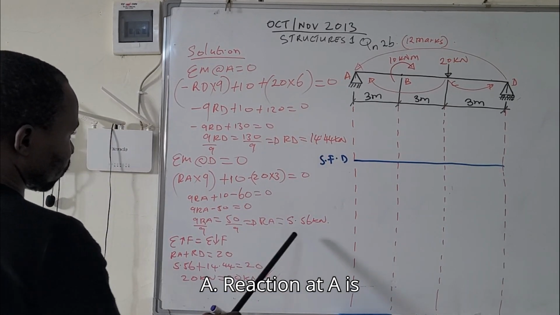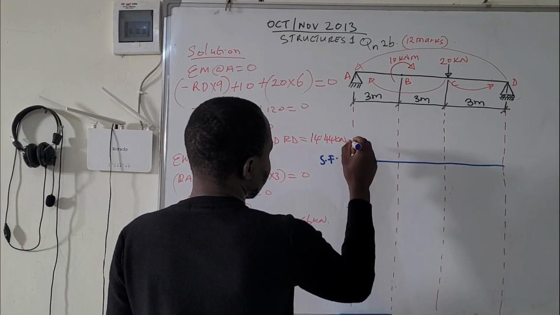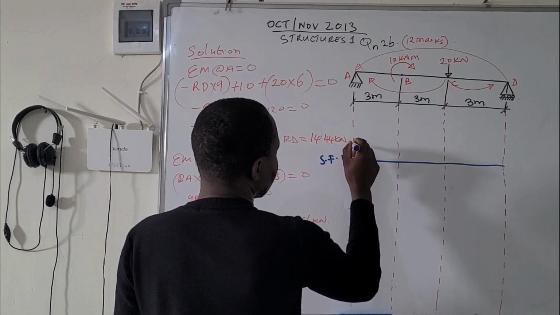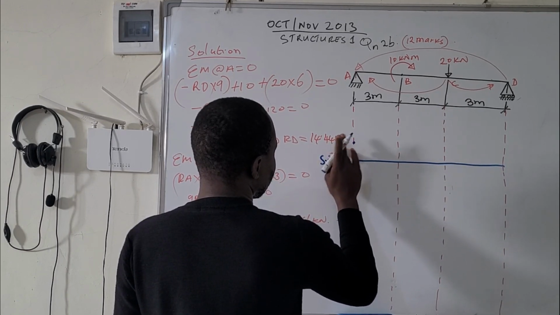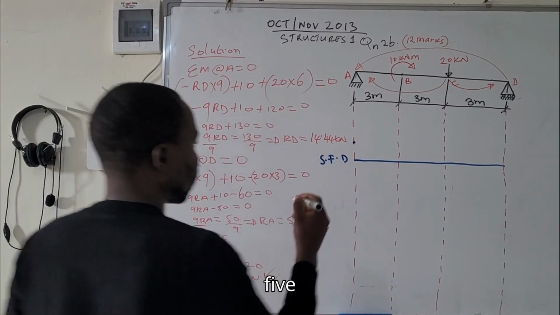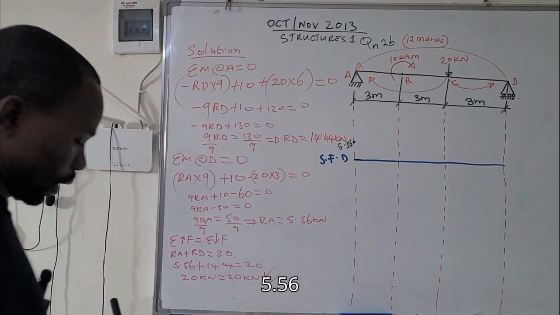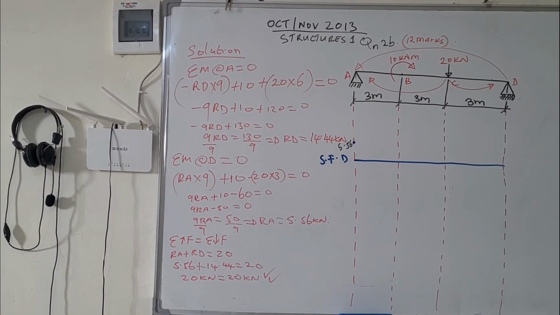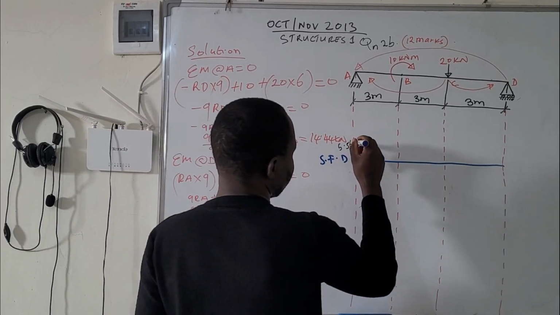Reaction at A is 5.56. We approximate like here and say 5.56. Then 5.56 will maintain constant up to the next loading,